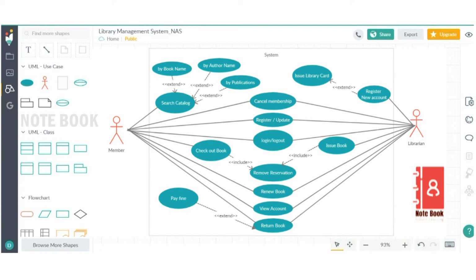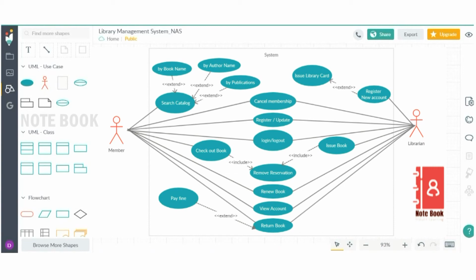So here, see this diagram, there is a use case called pay fine. While returning the book, we have to pay a fine if the date exceeds the return date. So this will be extend. You know already that the extend relationship will extend the behavior of the system, or add some behavior to the system. There is a use case, checkout book.